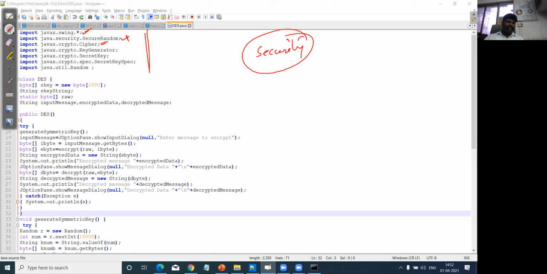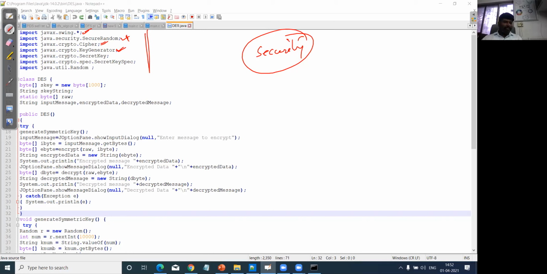Again, KeyGenerator is also a package. This is why I chose Java, where we have a lot of inbuilt libraries. Whatever technique exists, almost all the libraries exist in Java.